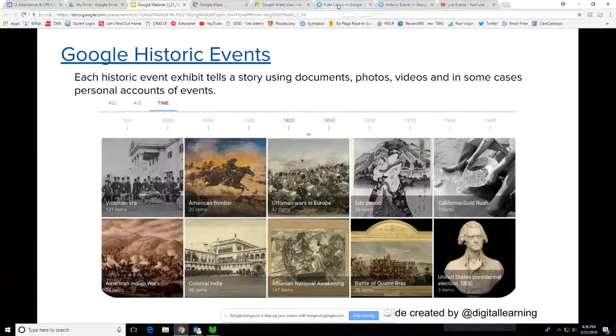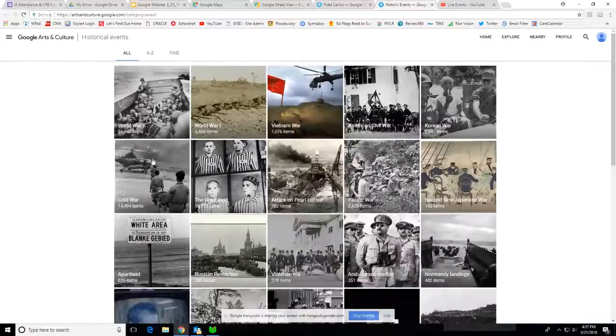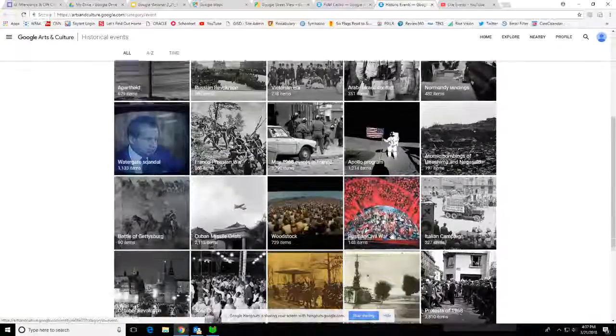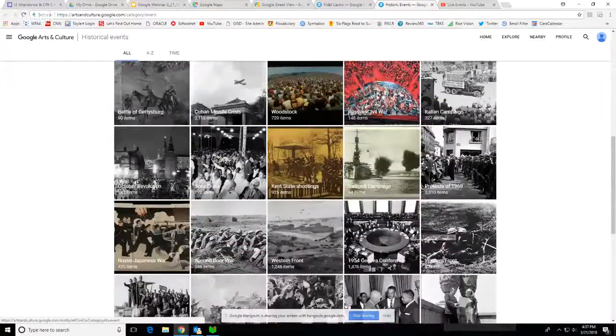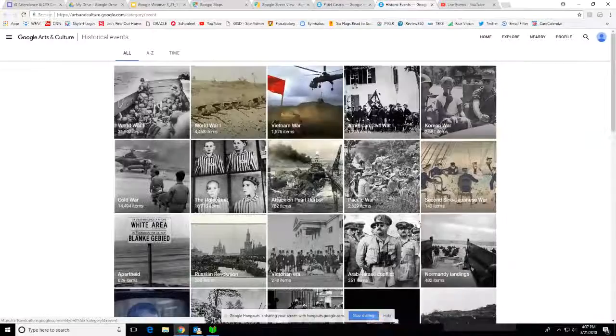Now, the next one is if they have it for people, they also have it for events. So we have Google Historic Events. And again, it looks very similar to our historical figures. It's listed. Again, I'm not really sure how they list it when it says all, but they just have it listed out here for you, and you can scroll through and see lots of different things that they have available,